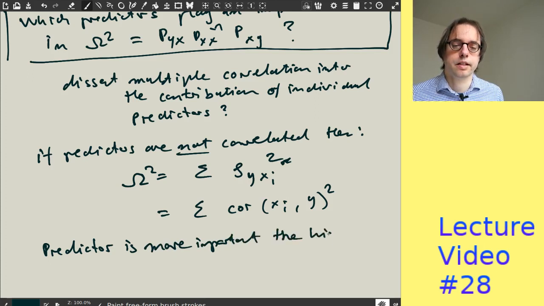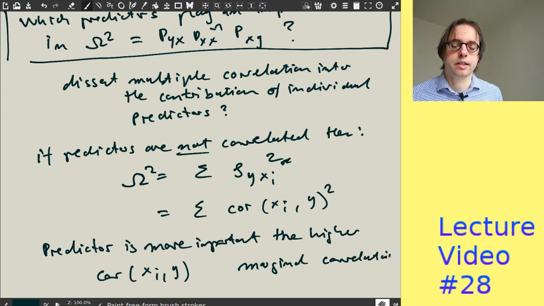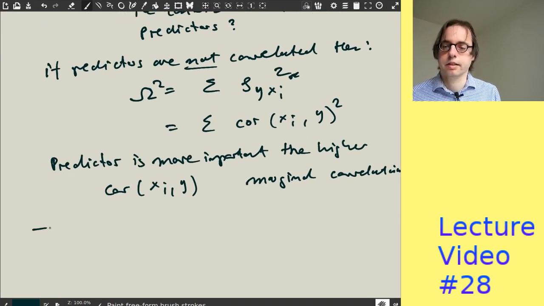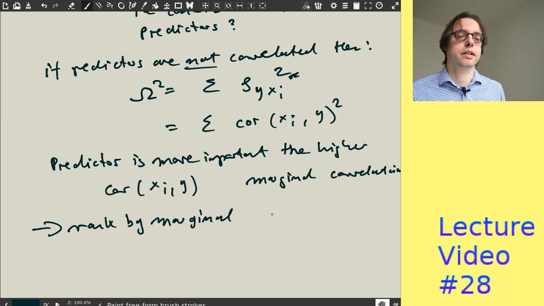So a predictor is more important the higher cor xi y, and this is the so-called marginal correlation. So one way to rank predictors would be to rank by marginal correlation. And in fact, that actually turns out to be not a really bad strategy,